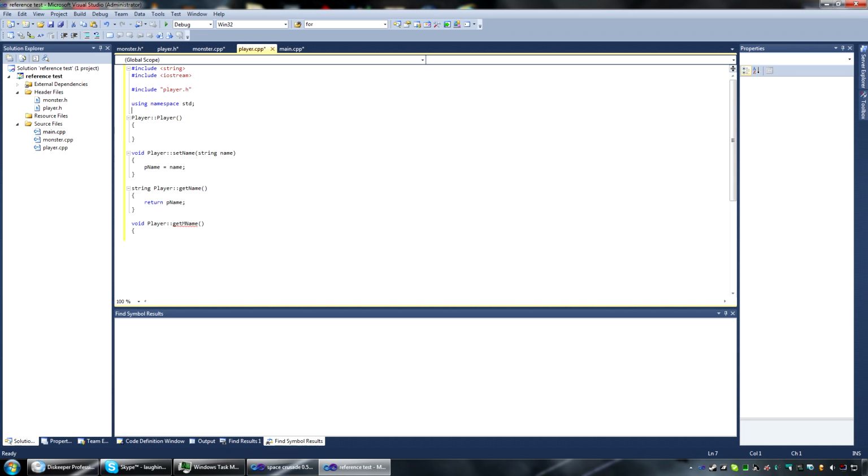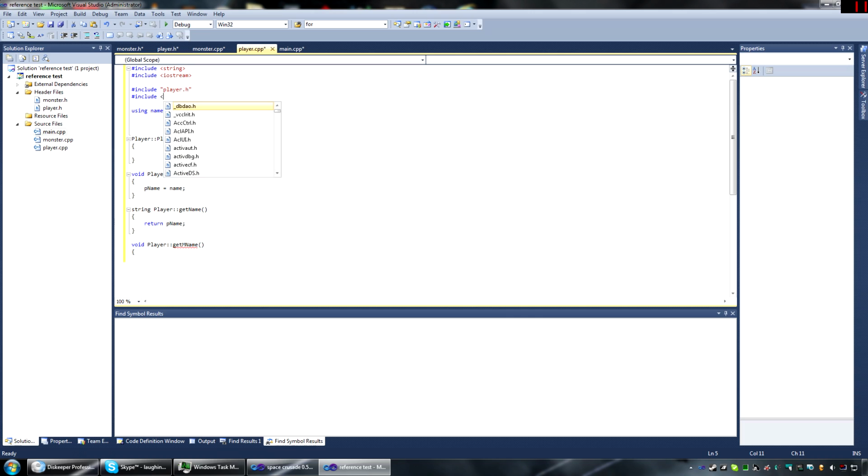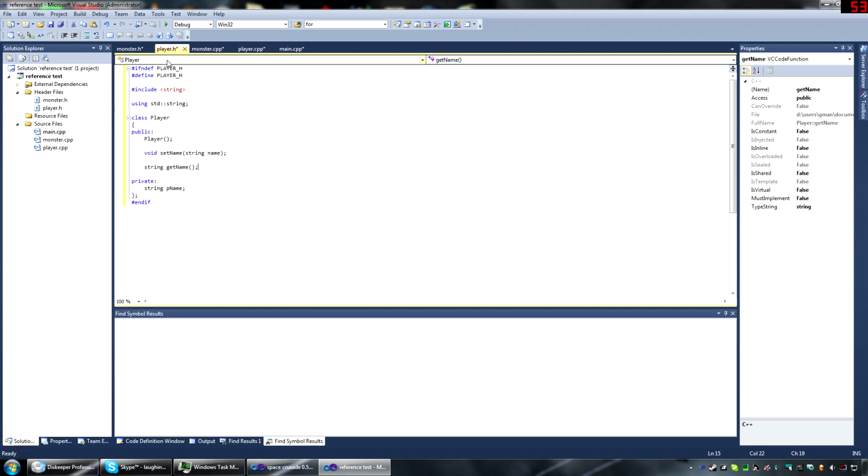Of course, we gotta also do the reference here, so add monster. Count mMonster dot get name. Alright, and we'll add this to the